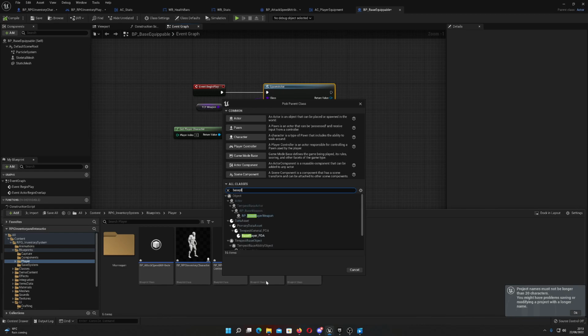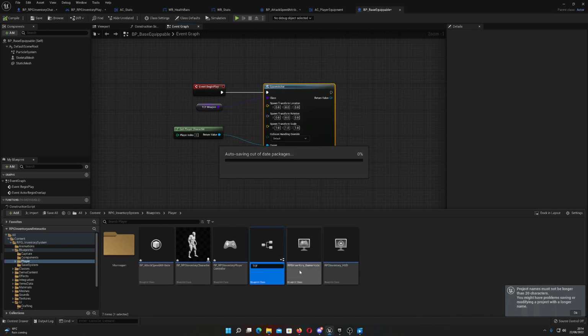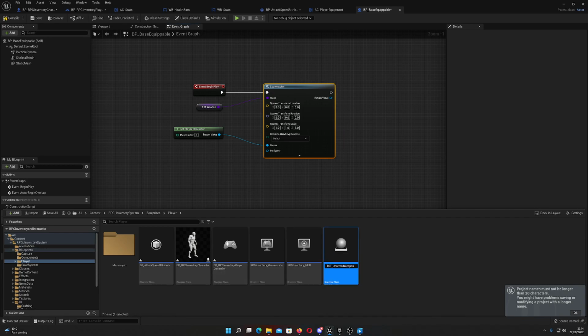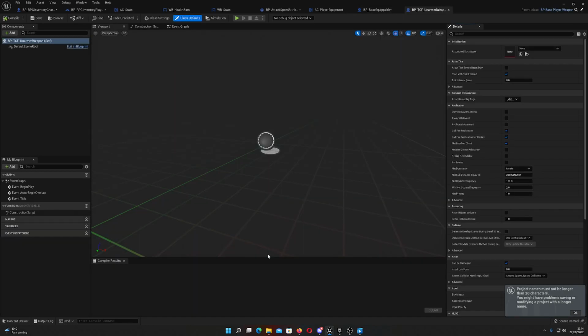Base player weapon. Call it TCF. Blast. TCF. Unarmed weapon. So it's a bit easier. BP underscore TCF. And in here,